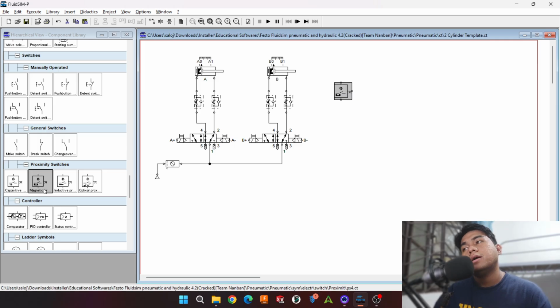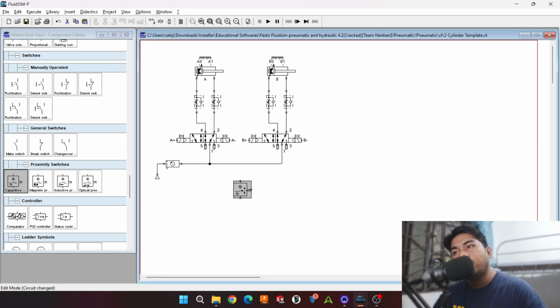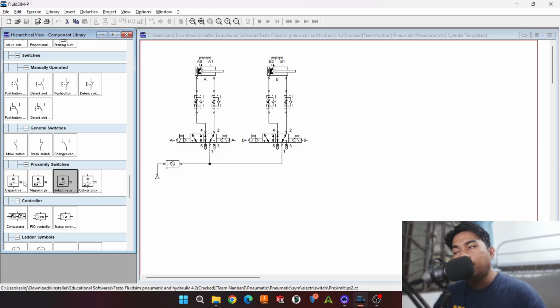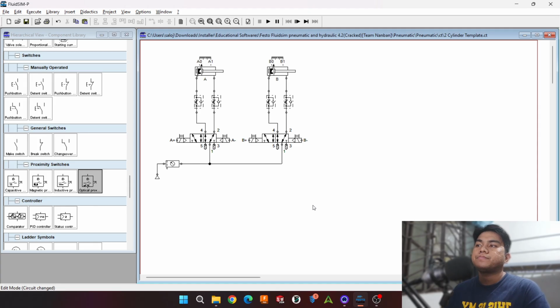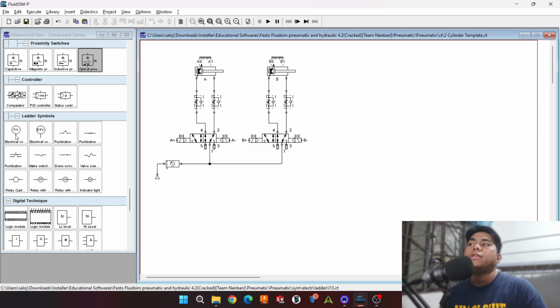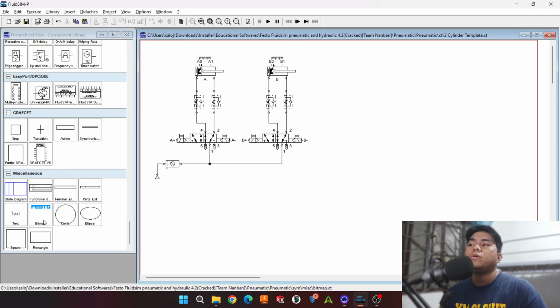There are other types like capacitive, inductive, and optical proximity sensors. For demonstration's sake, we'll just make use of general switches or limit switches in creating our control diagram. For this video, we'll be programming a simple